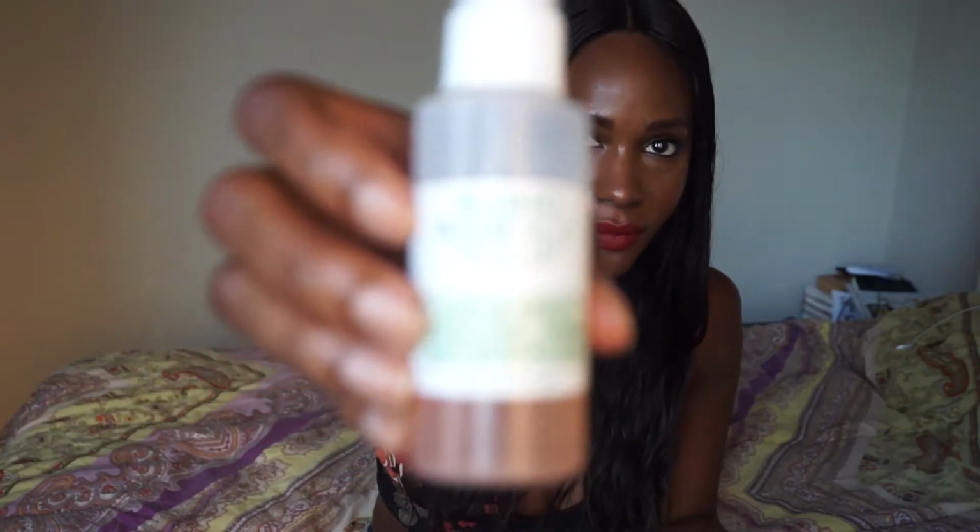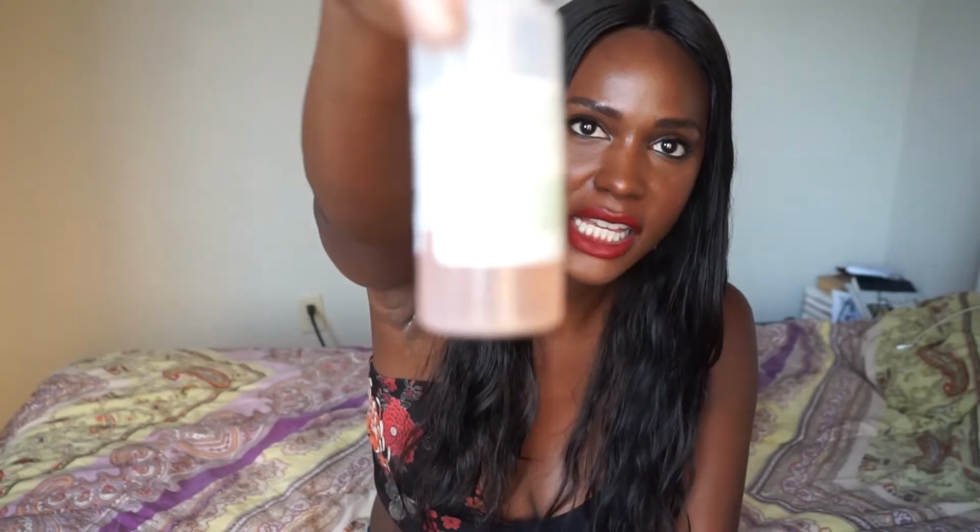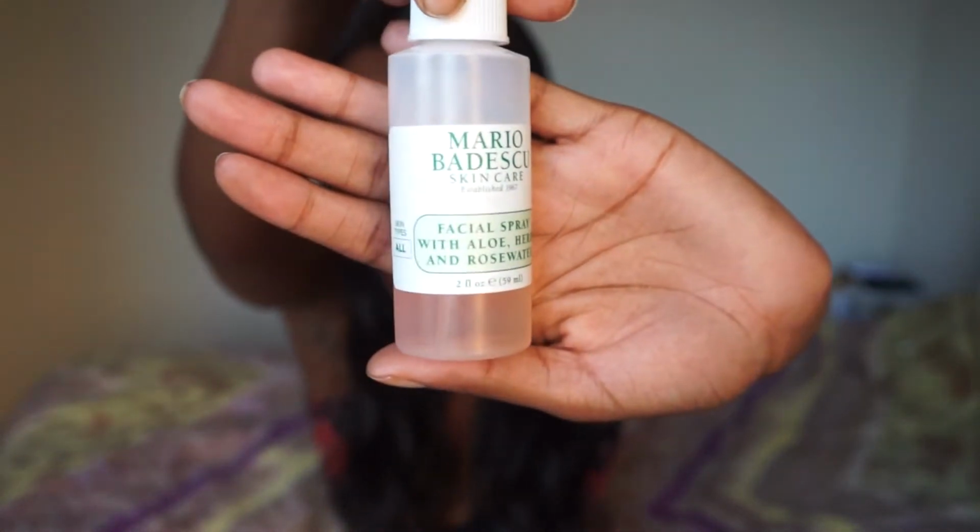Mario Badescu Skincare. It's the facial spray with aloe, herbs and rose water. And I got this initially from Ulta with the drying lotion. I didn't really like the drying lotion that much, but this stuff, I just found myself spraying my face with all the time. Like right after I do my skincare routine in the morning,